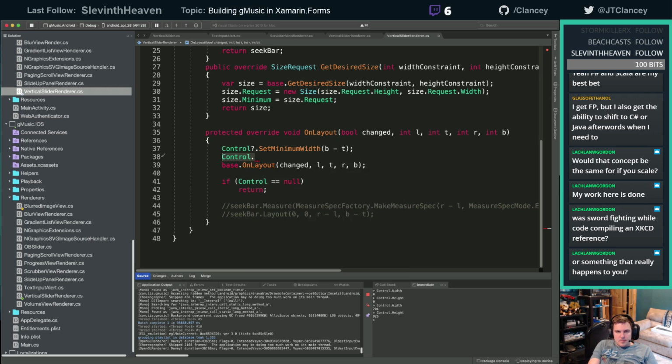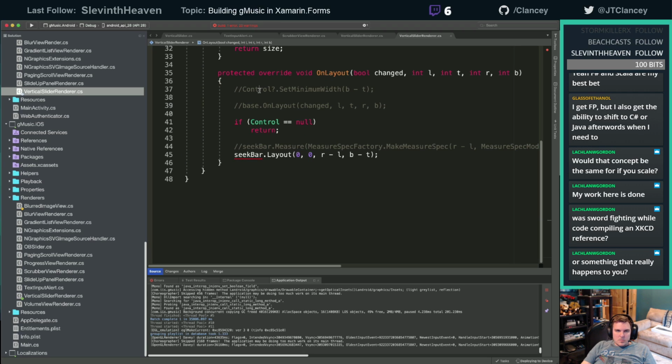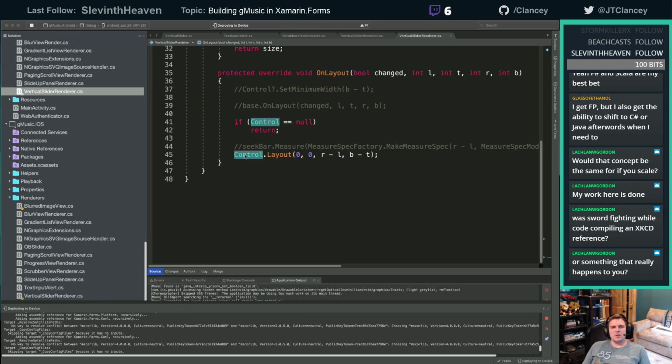Unless... No, but when we inverted them, it didn't like that. If we... This was the inverted. No, that's the right one.